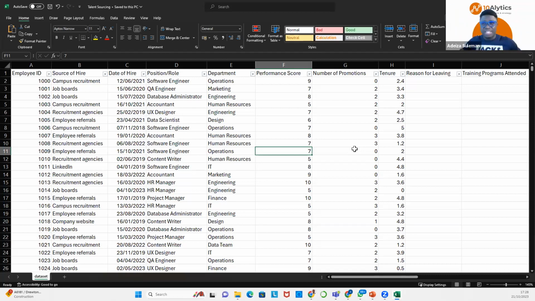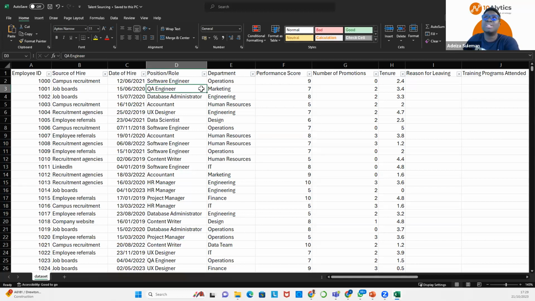We have records from 1000, 1001, 1002, all the way to 2000, 1000 records of data. How do I compact and summarize it in a way that it's easy to extract information from and make decisions?